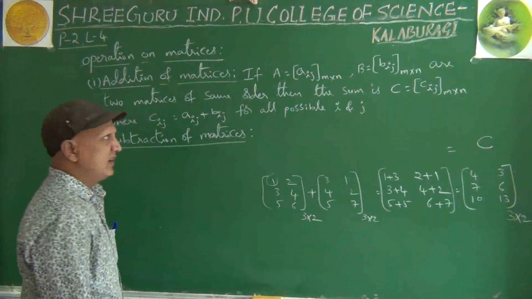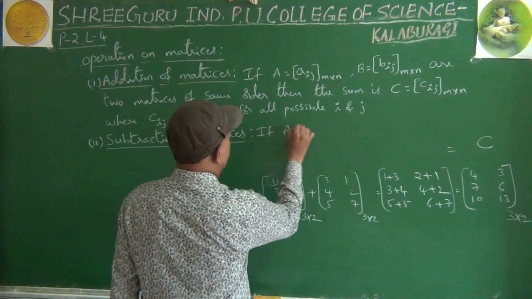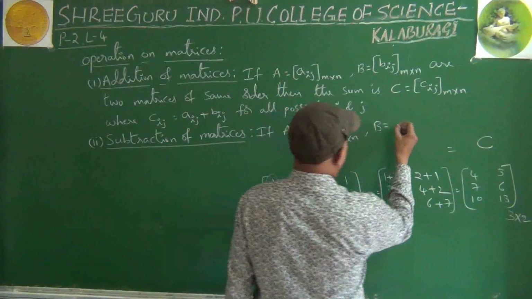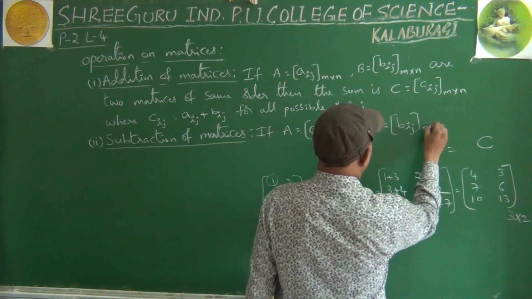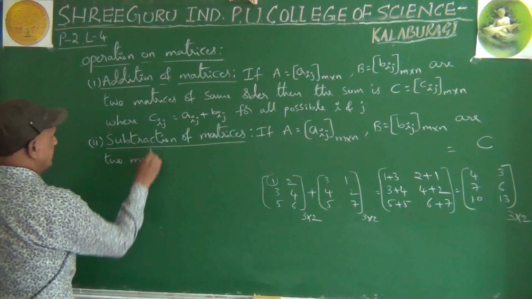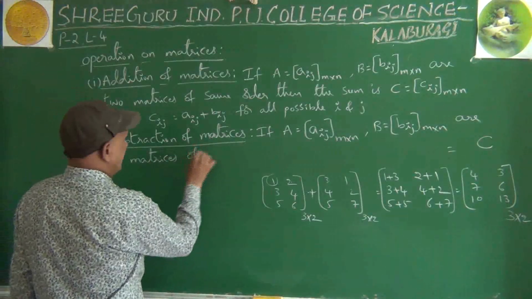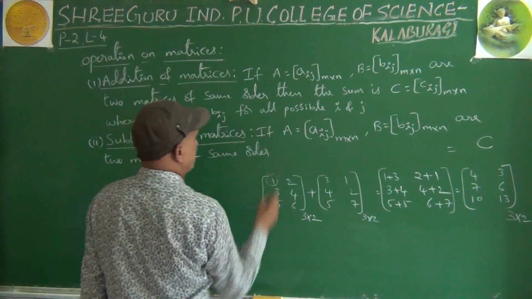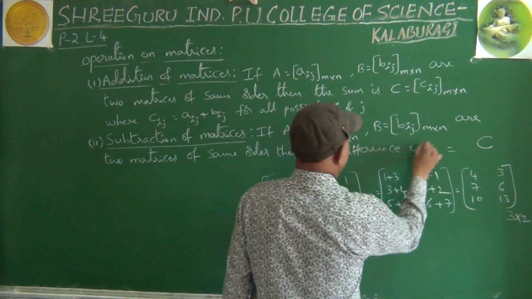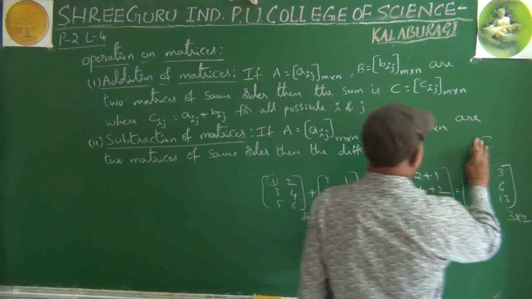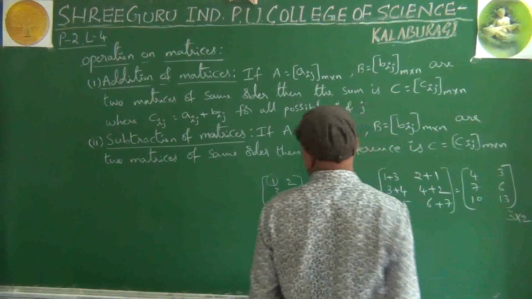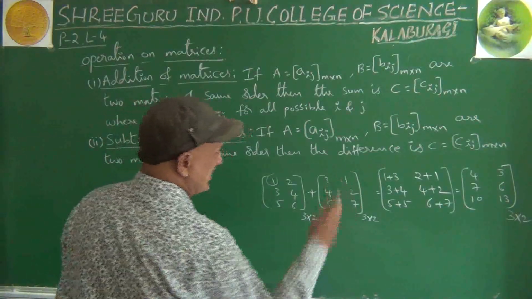Subtraction of matrices. Again, same story. If capital A equals Aij, m by n, and capital B equals Bij, m by n, are two matrices of the same order, then the difference is C equals Cij, m by n,